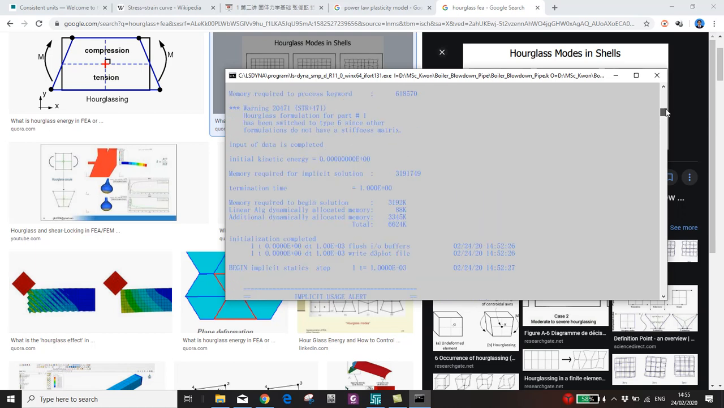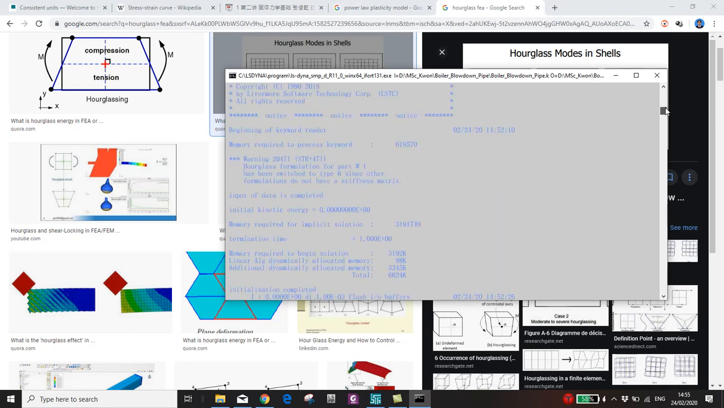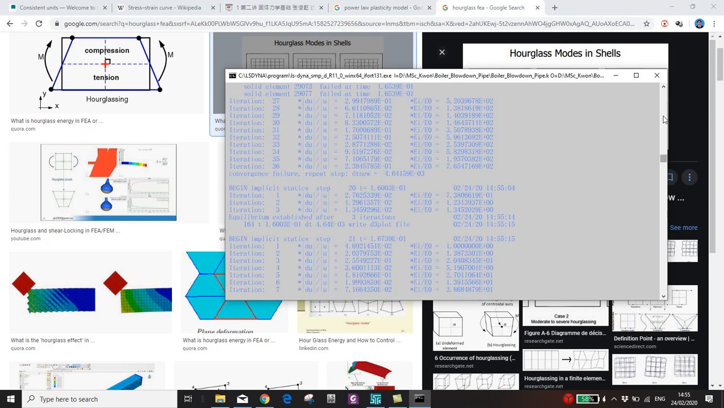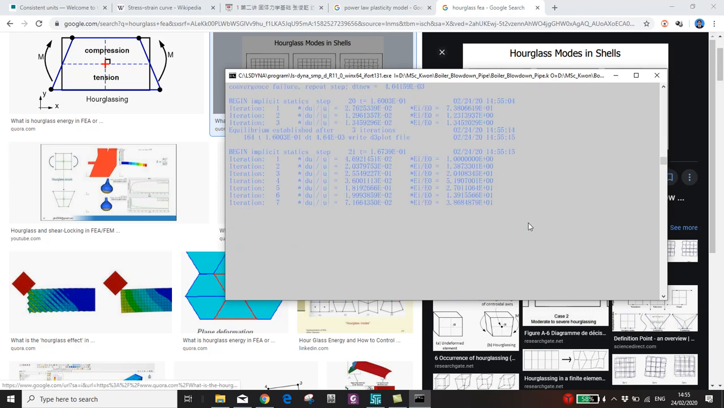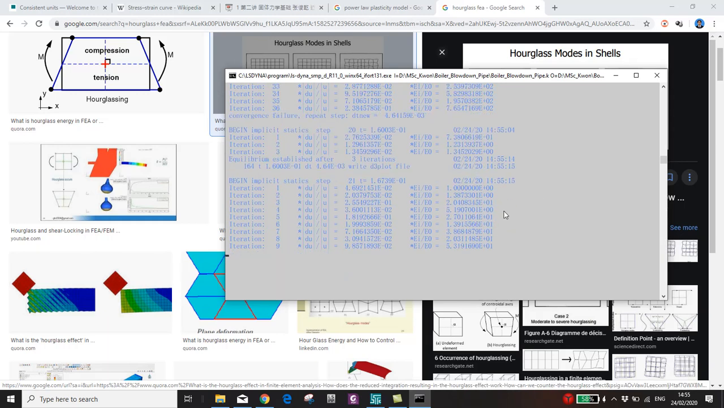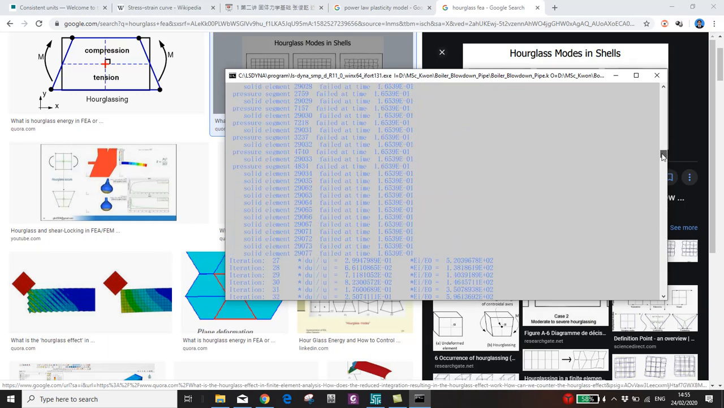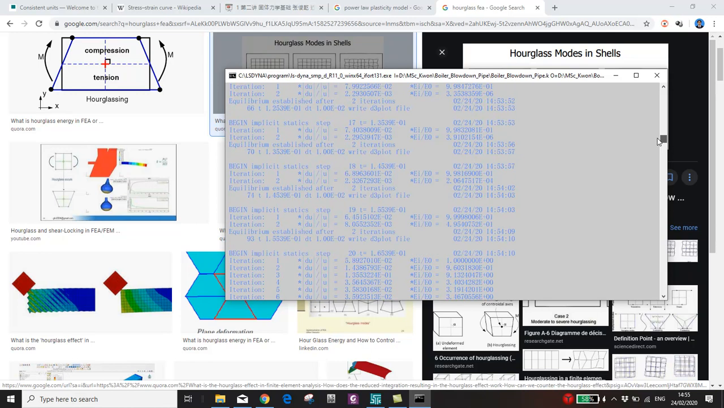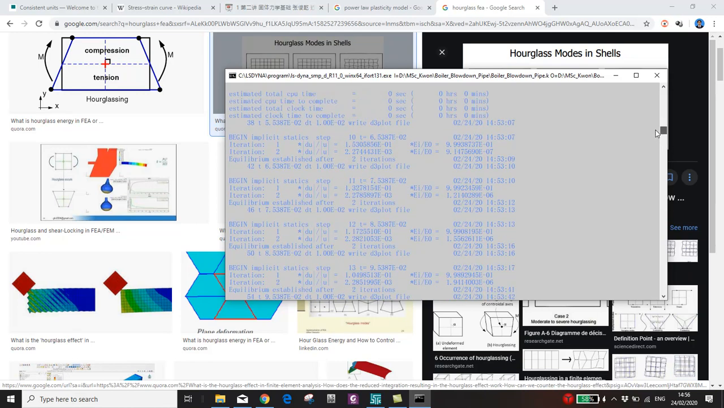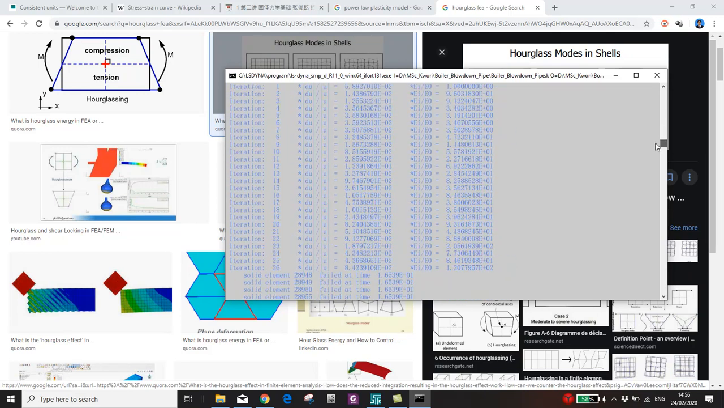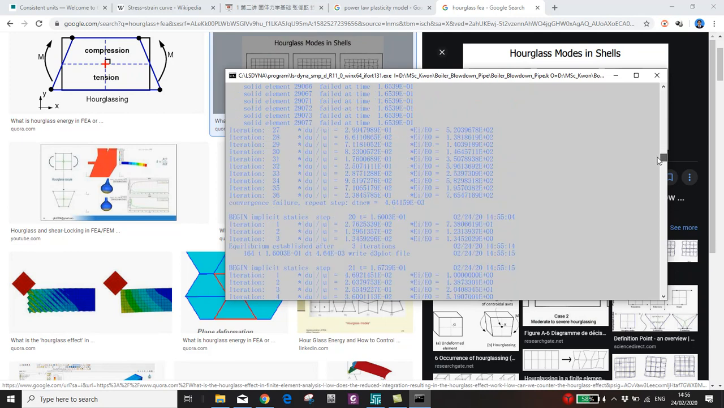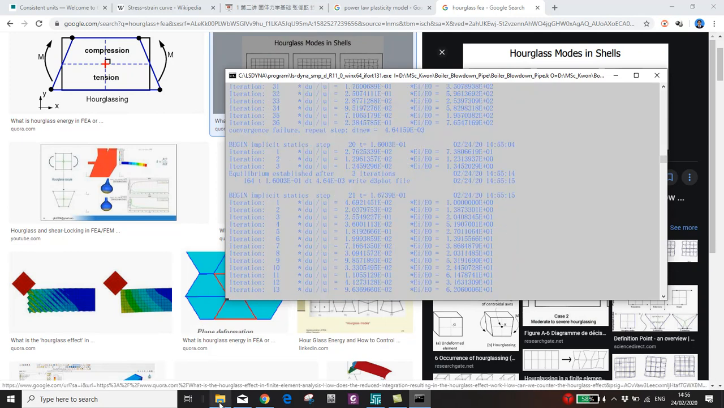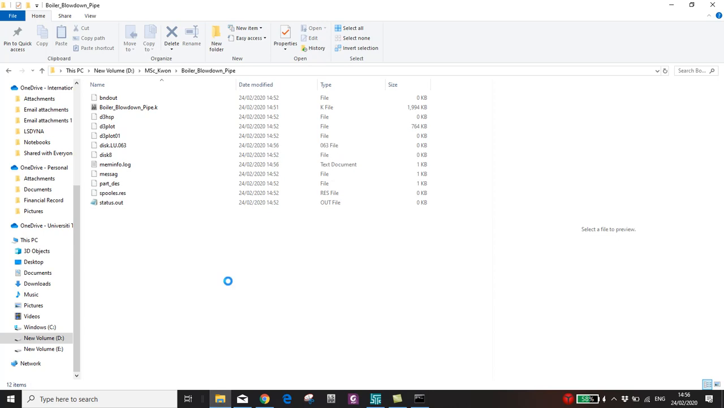For implicit it is compulsory to use hourglass number 6, type 6. Okay, if we scroll down here, this is still running. You can see here solid part failed at this time. This solid part failed. What does that mean? It means that the element has been deleted and there is failure in the element. Okay, so if I go here, I refresh,